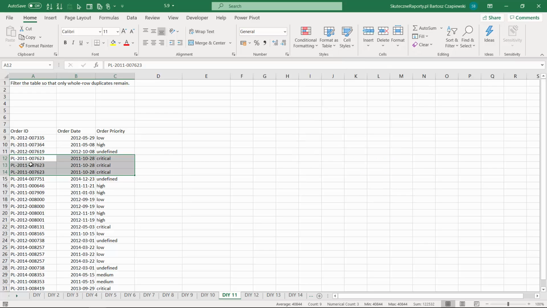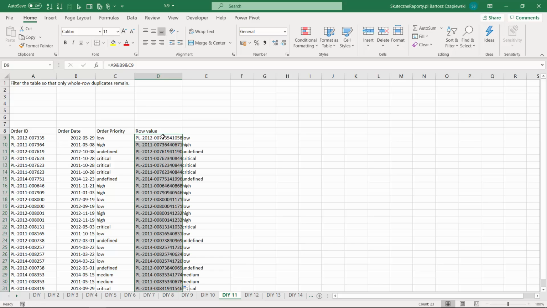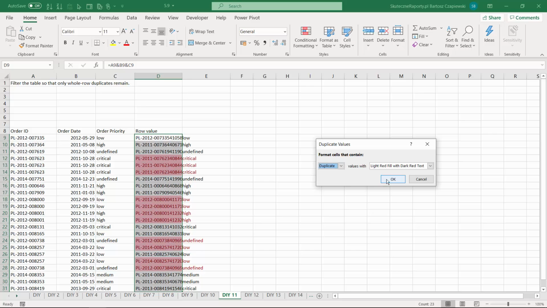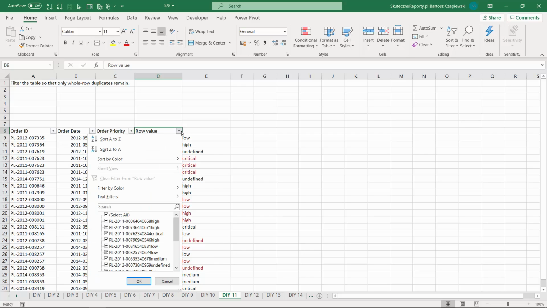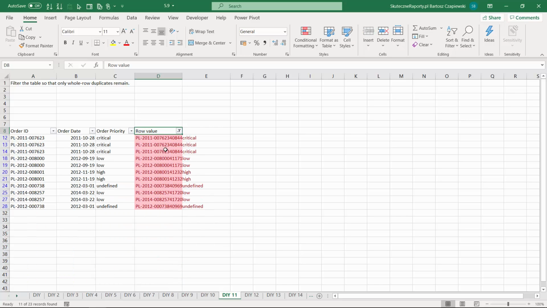But first we need to identify what the duplicate is. In our case, this is the combination of all of the text we have in the row. So we need to combine all of the text, copy the formula down, and then we can select the data we have in here and apply the conditional formatting to highlight duplicated values. We can apply the default formatting, and then we can also go to the filtering option and say let's filter by the color or by the fill of the cell,